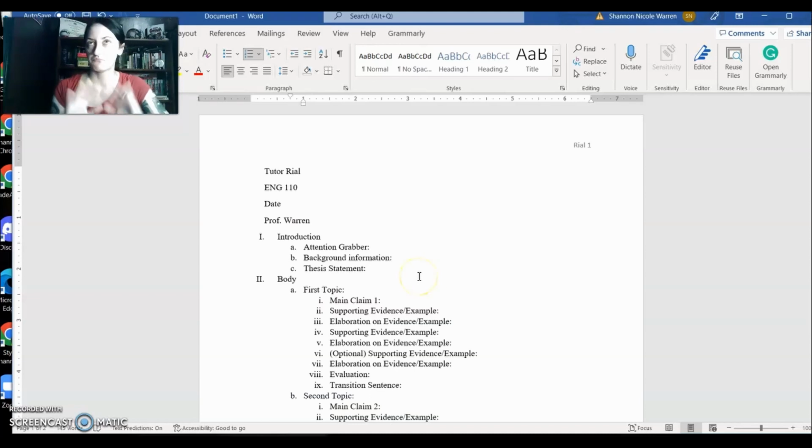So, say for instance, we're doing a paper on, let's just do something very simple. Let's do healthcare discrimination. That's not simple, but it's something that I read a lot of papers on, so I know generally what people argue when they do this paper. So, say your thesis statement is something along the lines of, in this paper, I will argue,